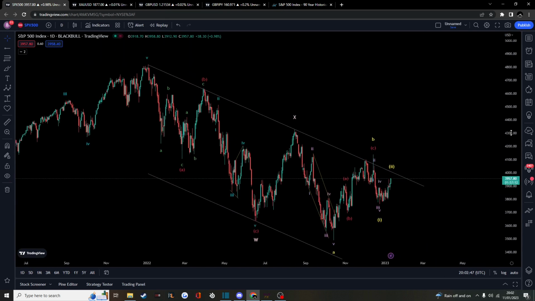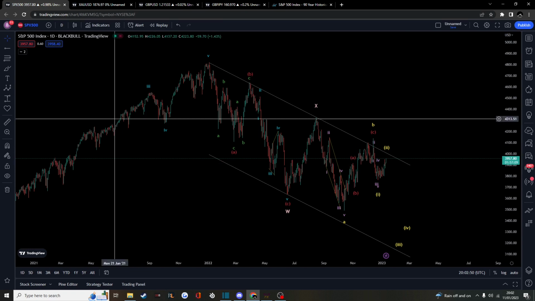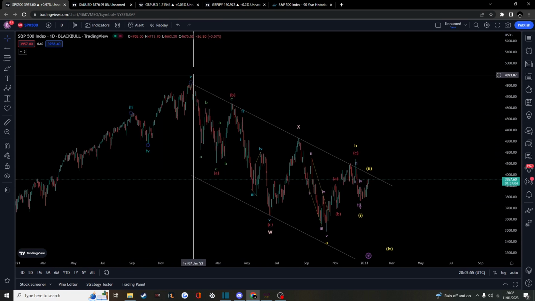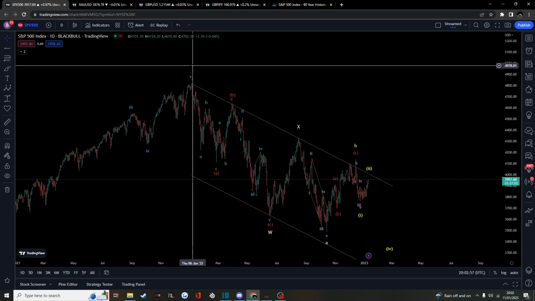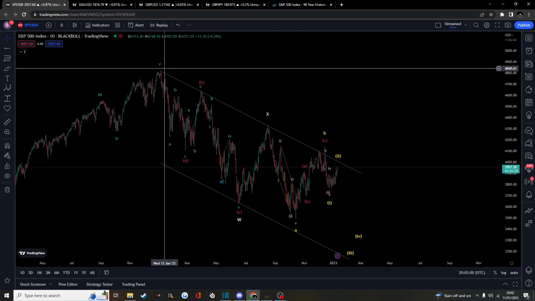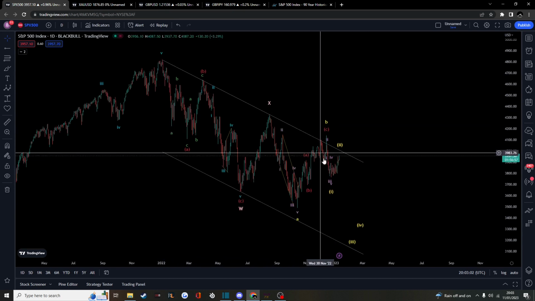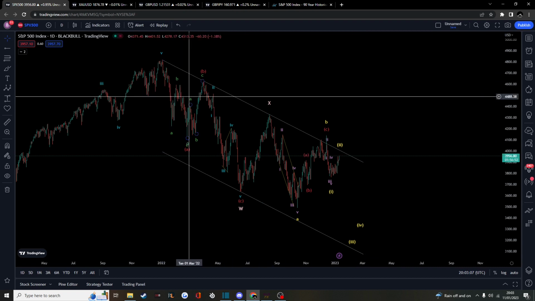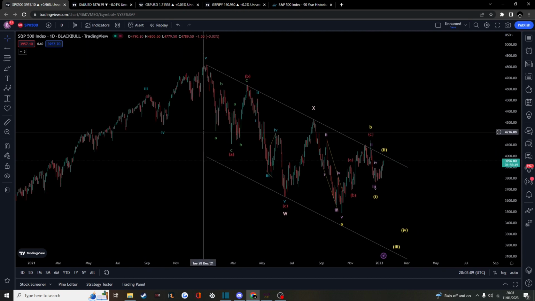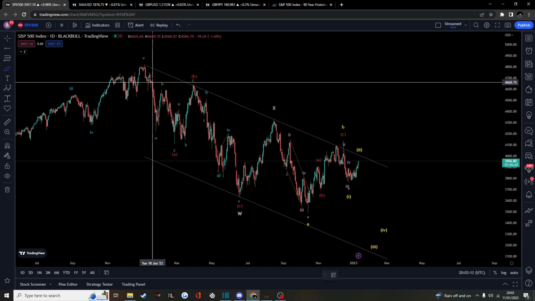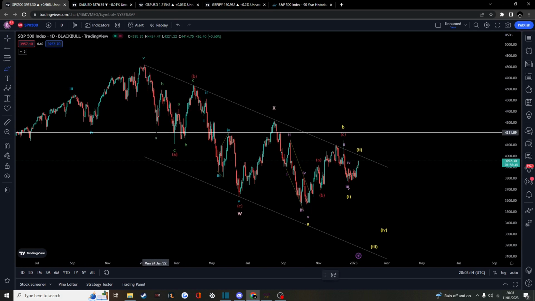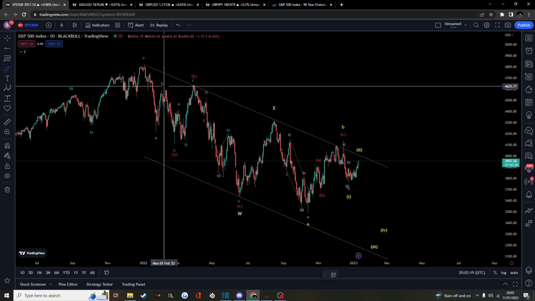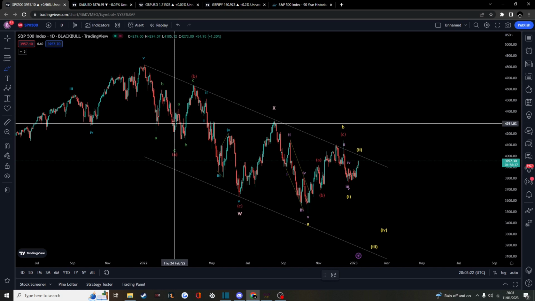And from what we can see, just starting off at the top, obviously we have a 1, 2, 3, 4, 5. This is essentially the extreme of wave 3 of wave 5, and wave 3 basically finished here, and where we are currently is in this sort of correction right here. I'm going to go through this entire correction and explain my count. So what we have here is simply a 1, 2, 3, 4, 5, a wave 5 that gives us an A. Then we have a 3-wave corrective move with wave B, and then we have an ending diagonal as a wave C.